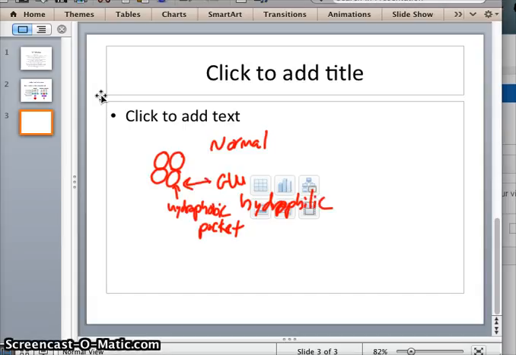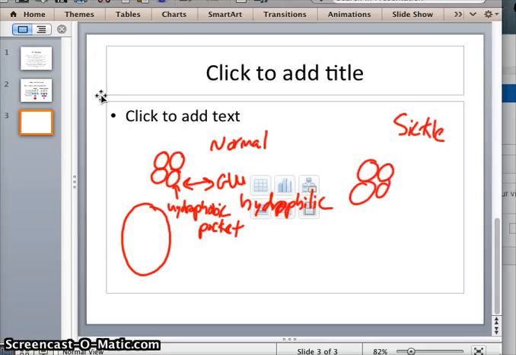Alright, because this is polar, this is non-polar, this likes water, this one doesn't. And glutamic acid likes water, this one hates water, so they repel each other, so this is our normal round cell. Whereas in sickle, we have that same hydrophobic pocket, and I'm not going to write hydrophobic again, but I'll